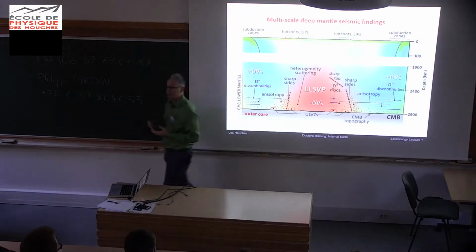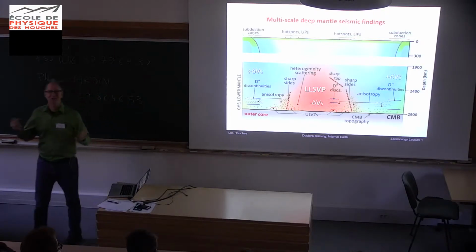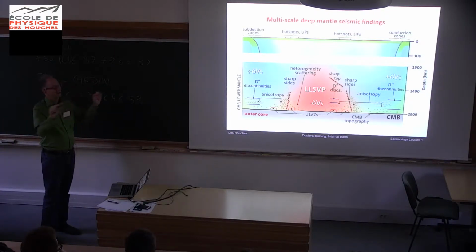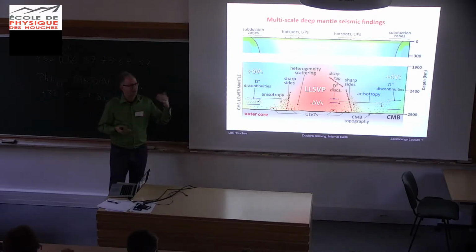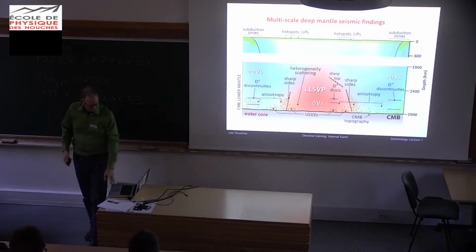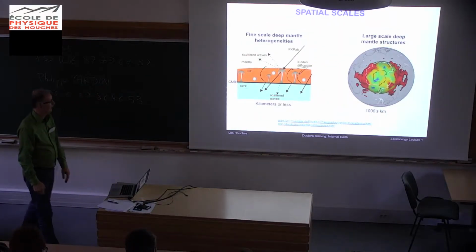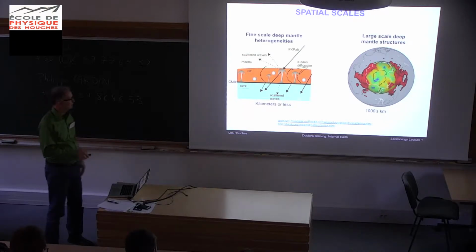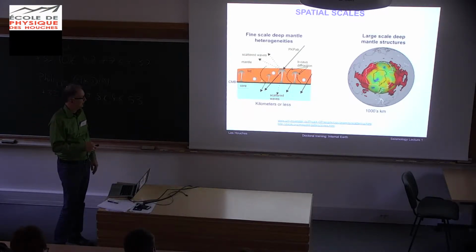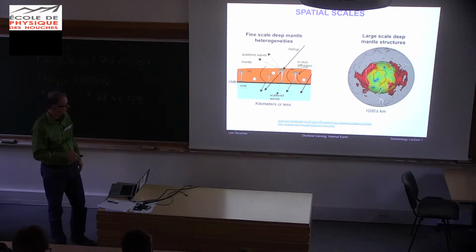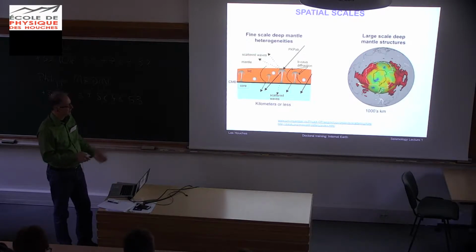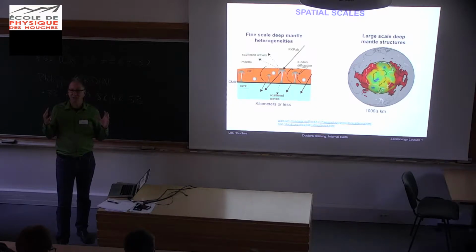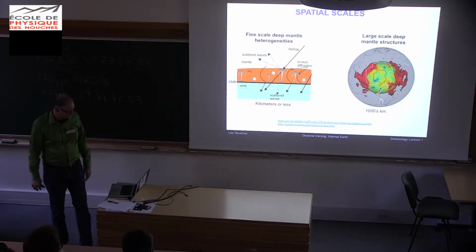Just like, I guess, if we lived on the core mantle boundary and you tried to image the crust of the Earth, it might look like just this bland layer, but we know topography at the top and the bottom of the crust are exotic and rich in spectrum. So on spatial scales, we have things from kilometers or less. This is the core mantle boundary. There's no axis here, and actually that's perfect for my point. I could say whatever I want. Or large scale structures like these large low shear velocity provinces, which are continental in scale, at least the way we image them now.